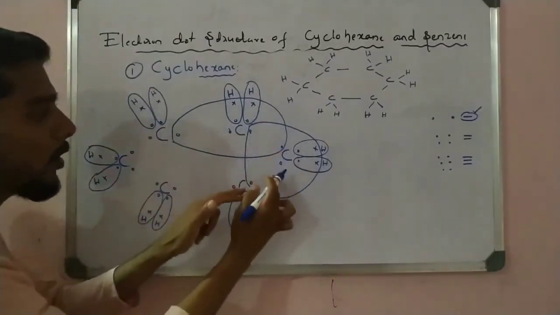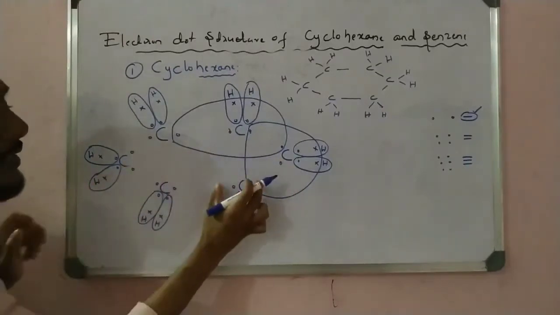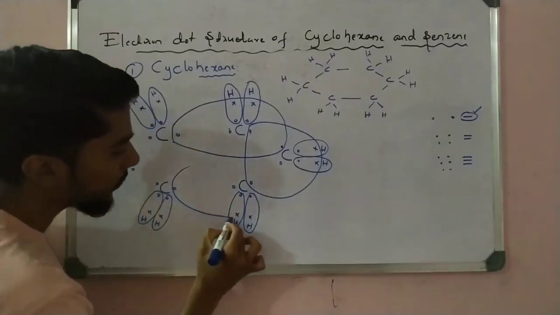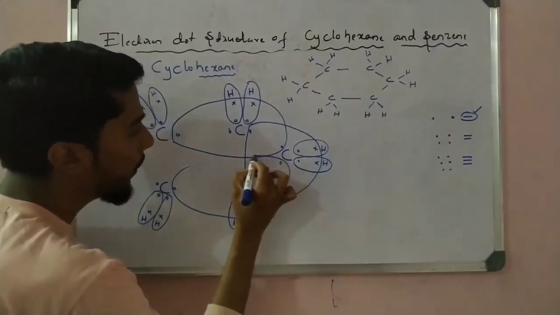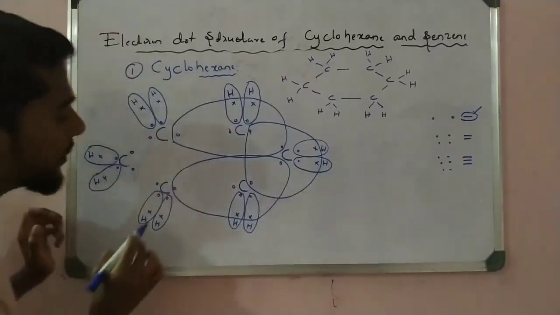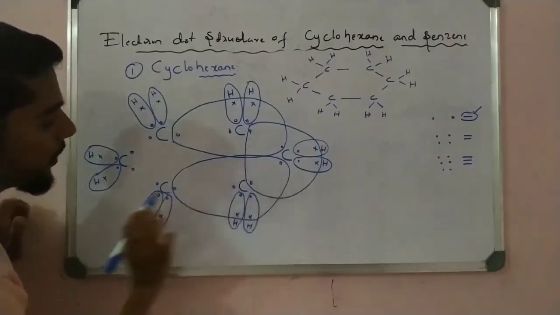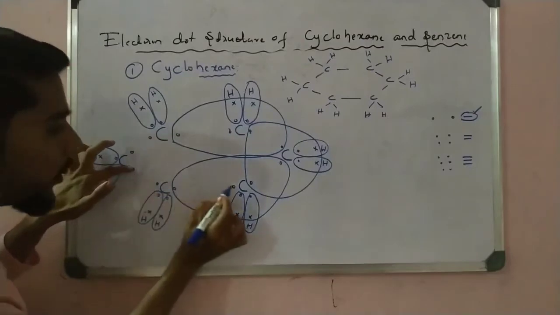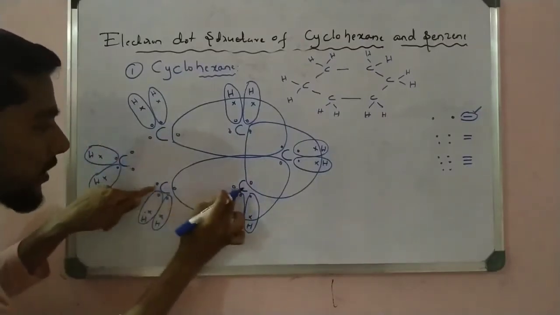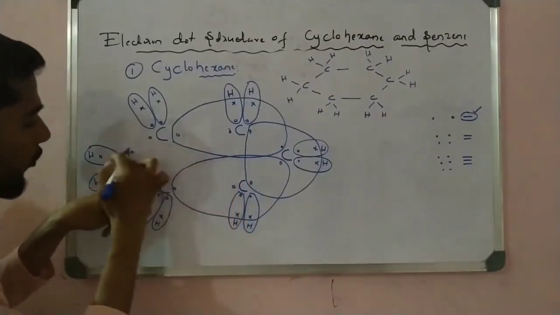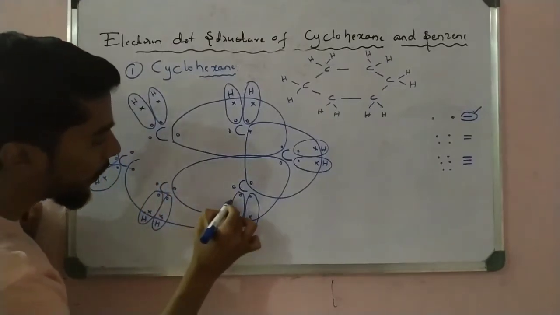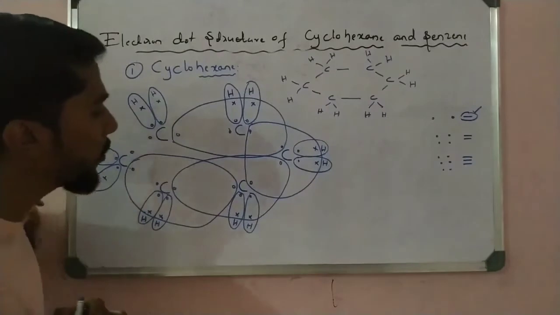Now for this carbon, 1 2 3 4 5 6 completed, and 1 from here and 1 from here, because they form a bond with this and this, right? This carbon formed with this one. This means take 1 from here and complete it. And here again see, the bond is completed, here 1 bond completed. Now here 1 2 3 4 5 6, 1 from here and 1 from here, because this carbon is attached with this carbon and this carbon. Like that. It is very simple. Carefully draw the diagram, right?